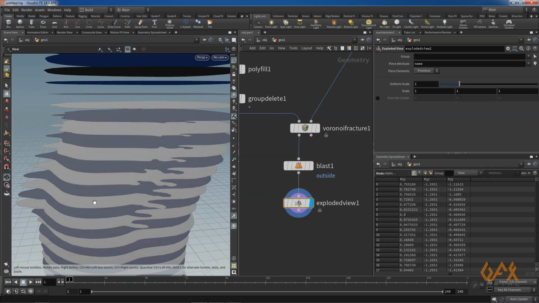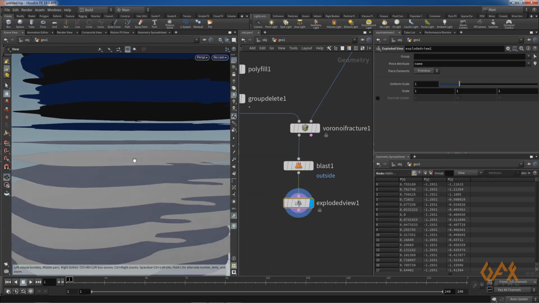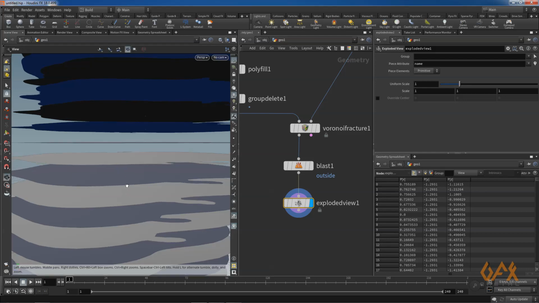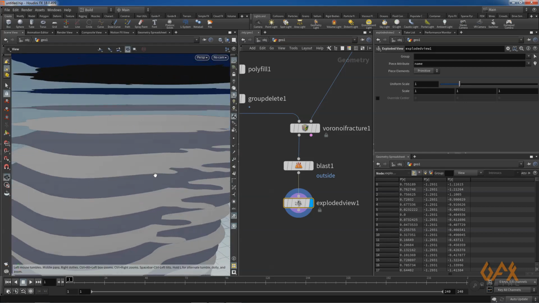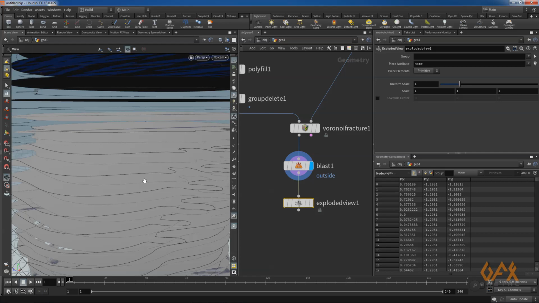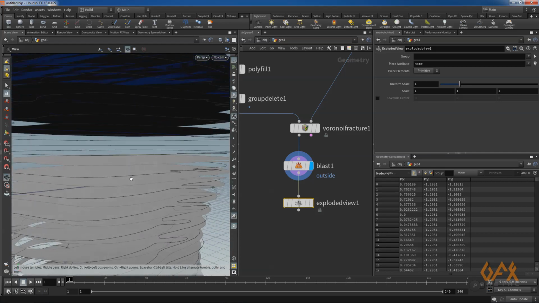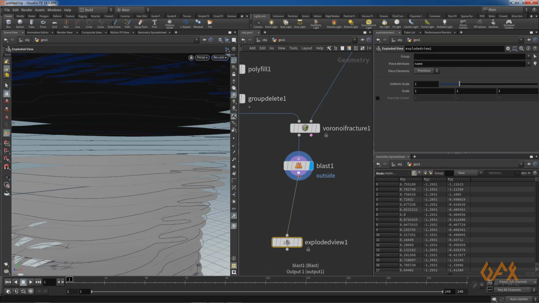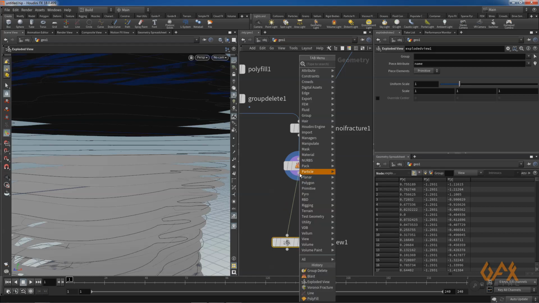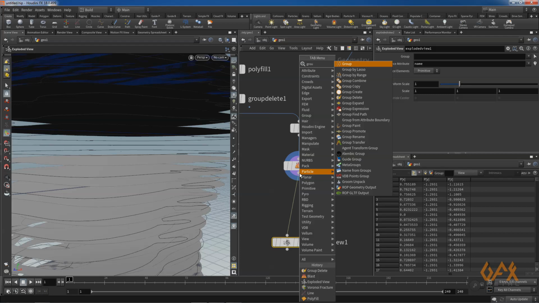you see here two plates, because you divided that particular thing into two pieces. So each plate you feel is one geometry, but there are two geometries, or you can say two primitives are there. So I need to delete that thing also. So for that, what am I going to do? First of all, I just right click over here, group by range.